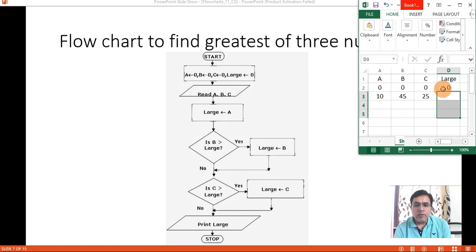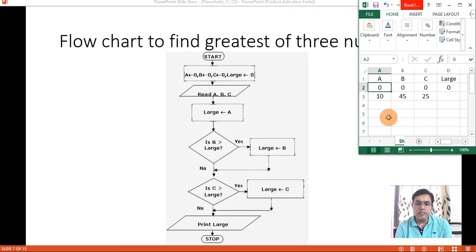A variable can store only one value at a time. So while writing you have to cut this, right? Or here you can write it like this. Previously it was 0, 0 when you executed this statement, then it became A, B, C when the user enters 10, 45, 25.